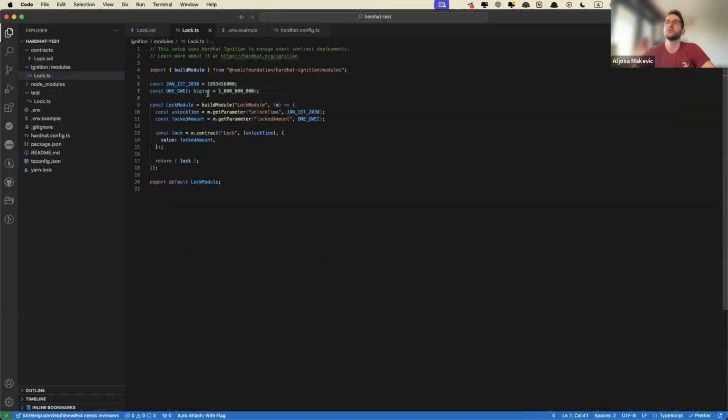So all you have to do is create this module. You use this component from the Hardhat library. You call it whatever you want, and you just say get parameter, and you make it this value that you already wanted. You make the locked amount the parameter that you already wanted, and you put in the value where you should.